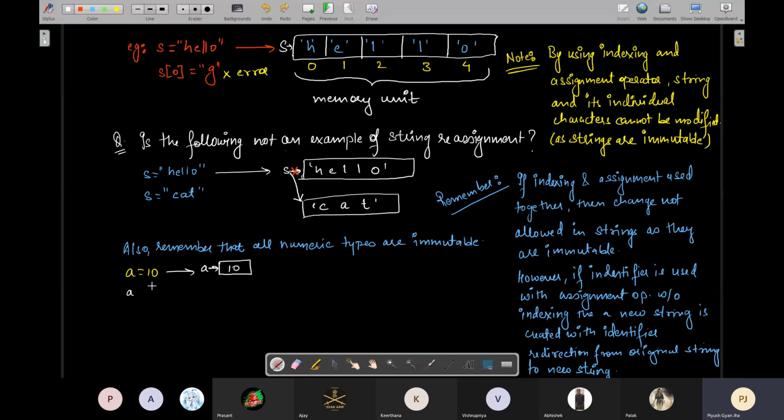write a is equals to 20, so इस केस में क्या होगा, this a won't be changed because once this 10 has been created, which is an integer value, this memory location, updation of this memory location is not possible. इसीलिए Python will be forced to create a new memory location, ठीक है, new memory location create होगा with value 20, ठीक है, and this a will be redirected to the new memory location and original 10 जहां था that will lose its लेबलिंग और एसोसिएशन विथ a।